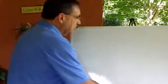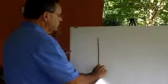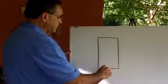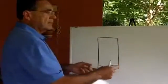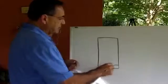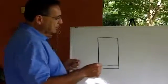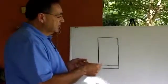The other thing that you can do if you want to get real technical is go into your air conditioning unit, the inside, which is the air handler. It looks like a box like this, and it has a little trap door down here. You take out the little trap door. There are many different ways of taking it out, and in there is your filter, and you just slide the filter out, and you can measure from this side to this side. It gives you the width, and then you have to put the measuring tape all the way to the back and make sure that it goes all the way to the back, because if it doesn't,